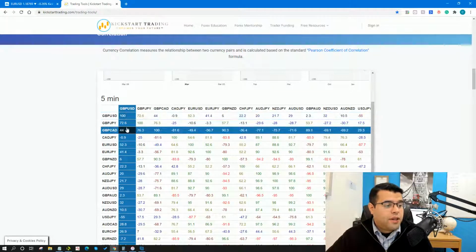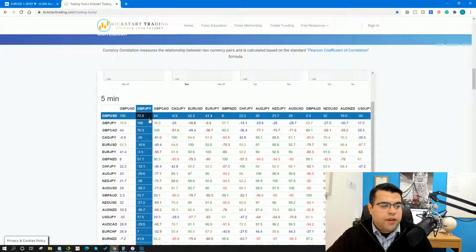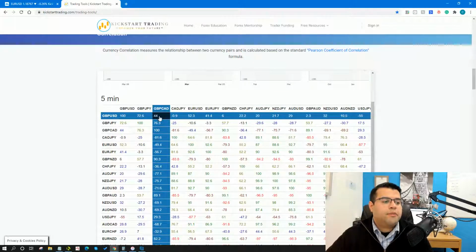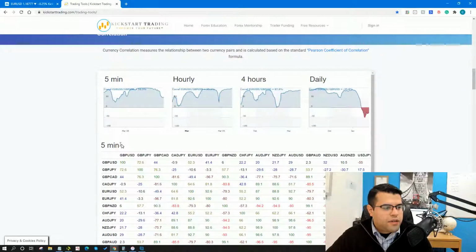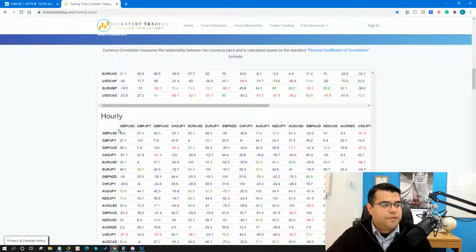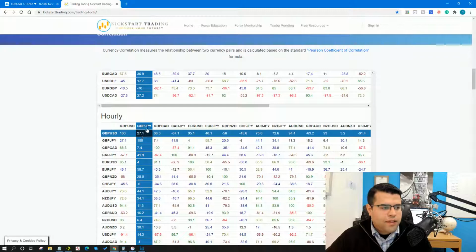So let's have a look. It's the pound in particular that I'm looking at. So pound dollar. Straight off the bat, pound dollar and pound yen, not really much there. Definitely nothing there between pound dollar and pound CAD this morning. Oh, and hang on, that's the 5 minute. Let me go up to the hourly. You want to make sure you're looking at the hourly chart here. Again, same thing though, nothing changes. Pound dollar and pound yen don't seem to have any correlation this morning at all.